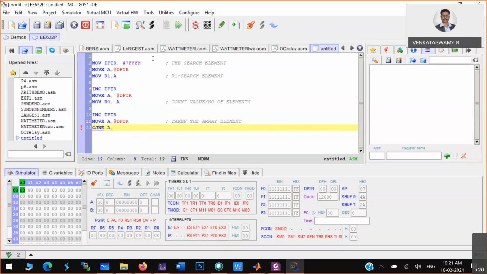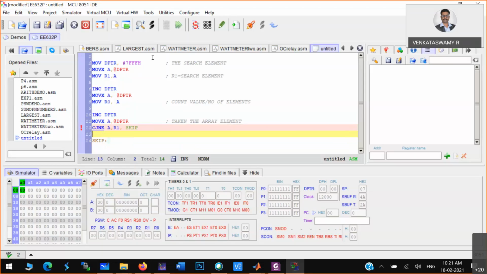A and R1. And where you have to jump. So if it is not equal, you just have to skip some part. Compare and jump on not equal. If it is not equal, what you have to skip?